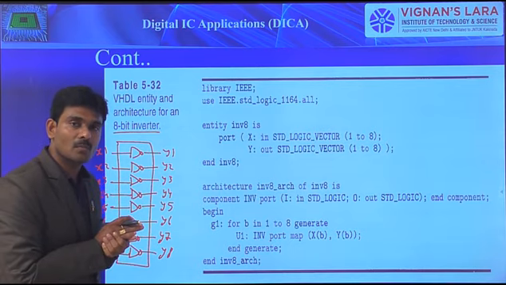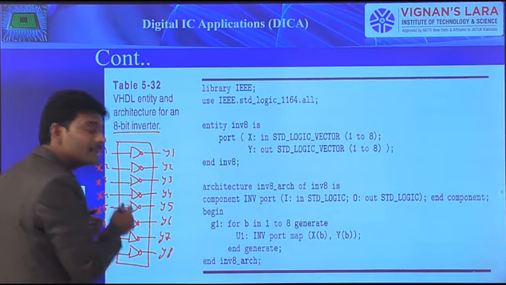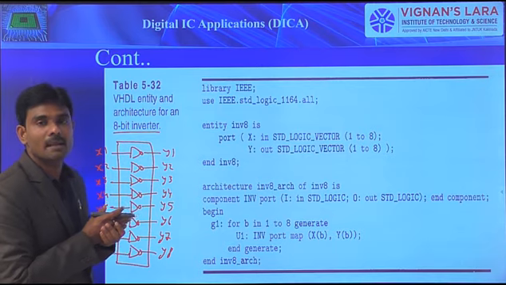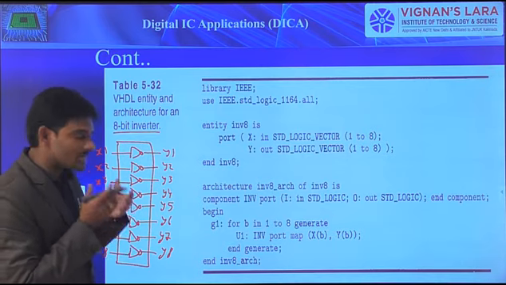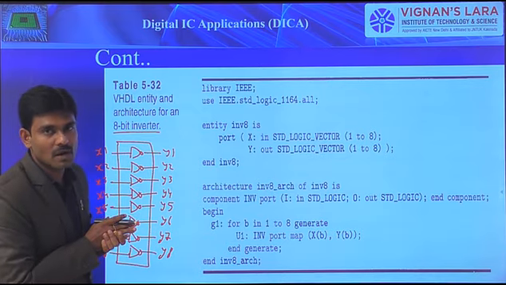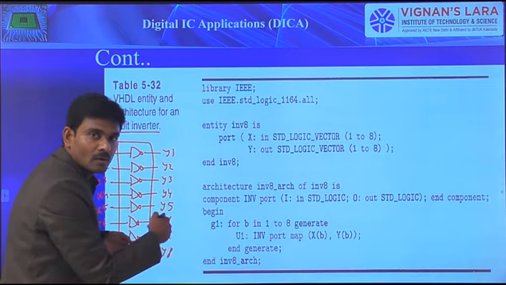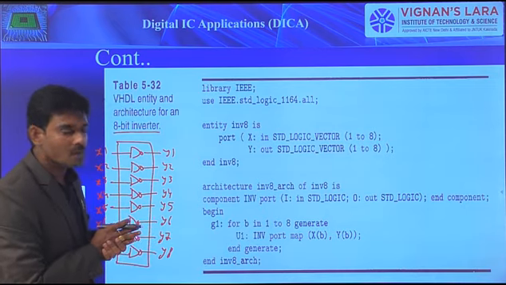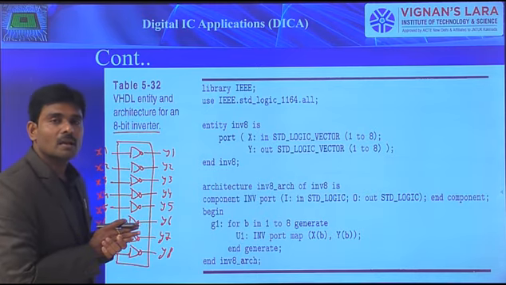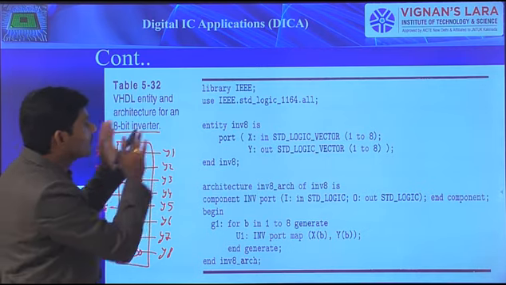After that, within the architecture body, we are supposed to instantiate 8 inverters, starting from U1 to U8, if I consider the label names as U1, U2 and so on. That is the case as per our previous discussion, and in that manner we are supposed to write. But here, by using the generate statement, a single loop statement by means of the for loop, using this simple statement, we can realize all the functionalities of 8 inverters. So that we will look at over here.